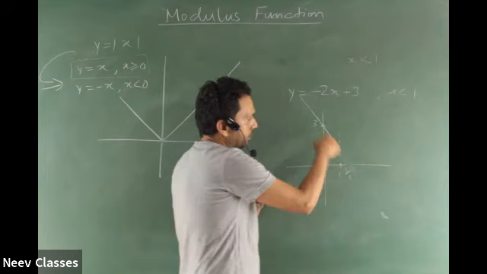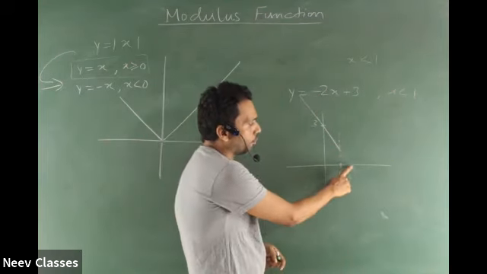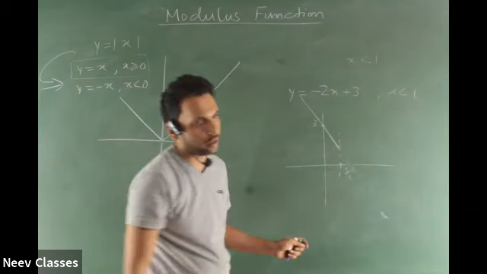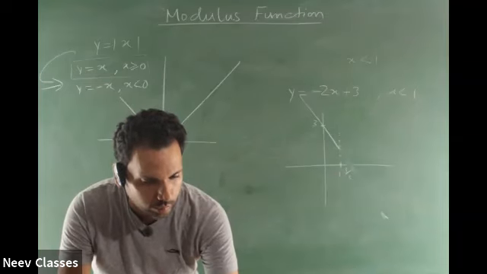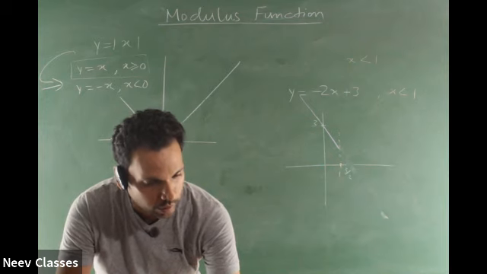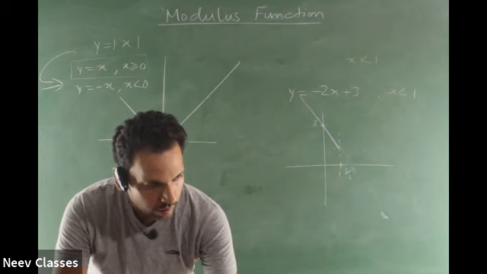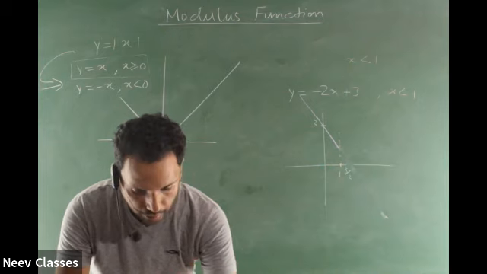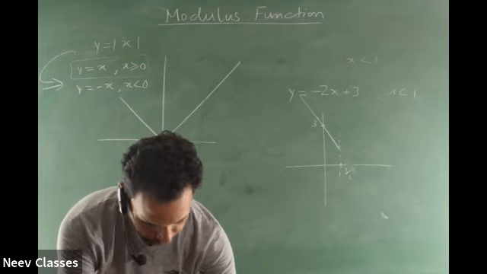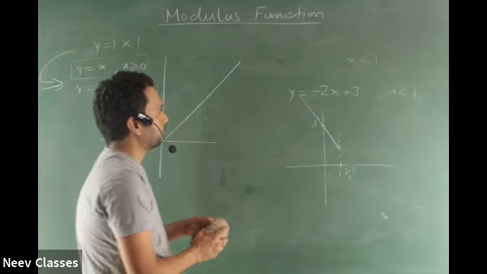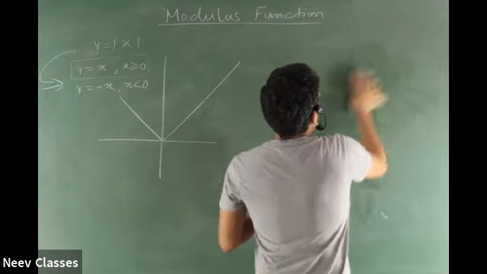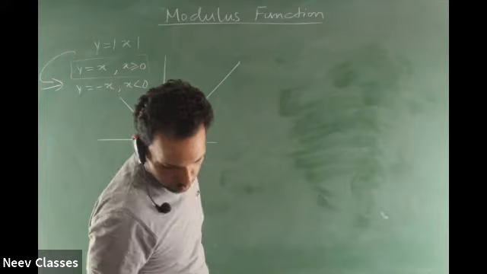So you draw till x less than 1. Doesn't mean that you cannot plot the point over here. You can plot the 3 by 2, join it, but then curtail it later on. Got the point? Using this only, I will ask you to draw something, not transformation. Using this knowledge. What knowledge? How to draw a straight line, how to curtail a graph. And what is mod? Using this much knowledge.